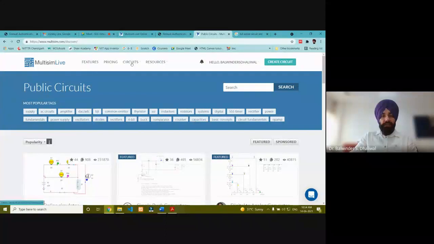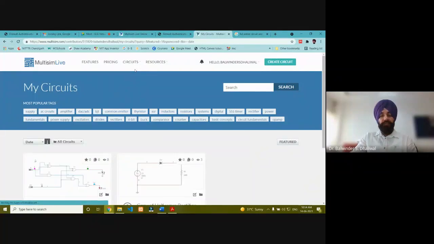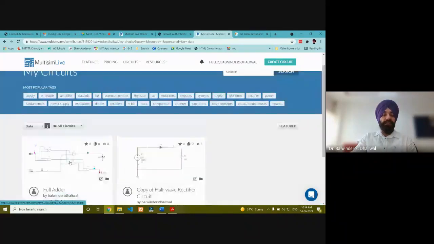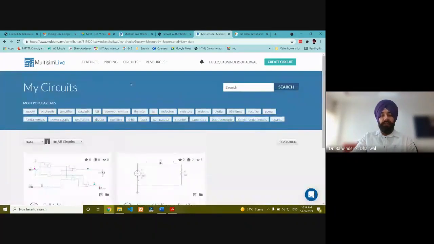So here now if we go to my circuits, we will be able to see this circuit of full adder. Just now I have saved this circuit, so it is available under my circuits, full adder circuit. What I wanted to show is that if we go to public circuits,